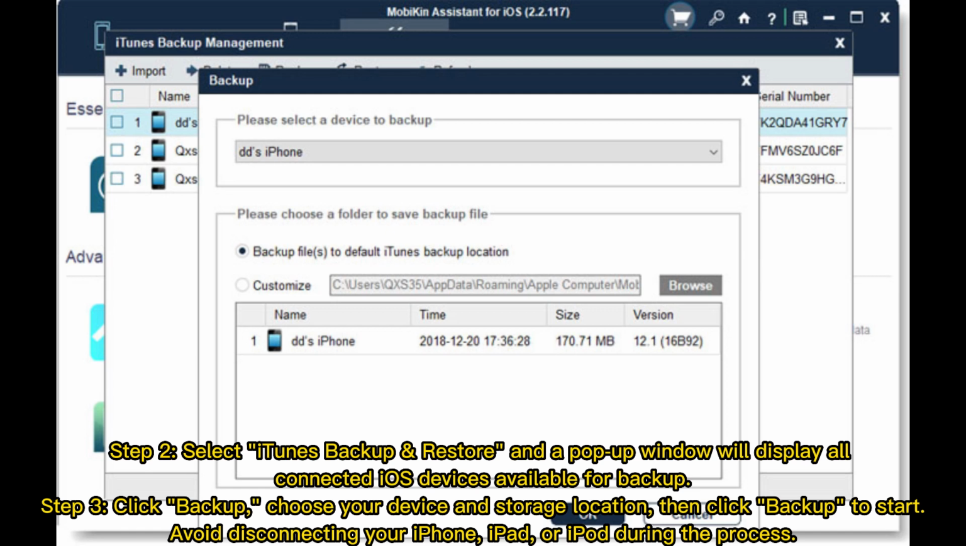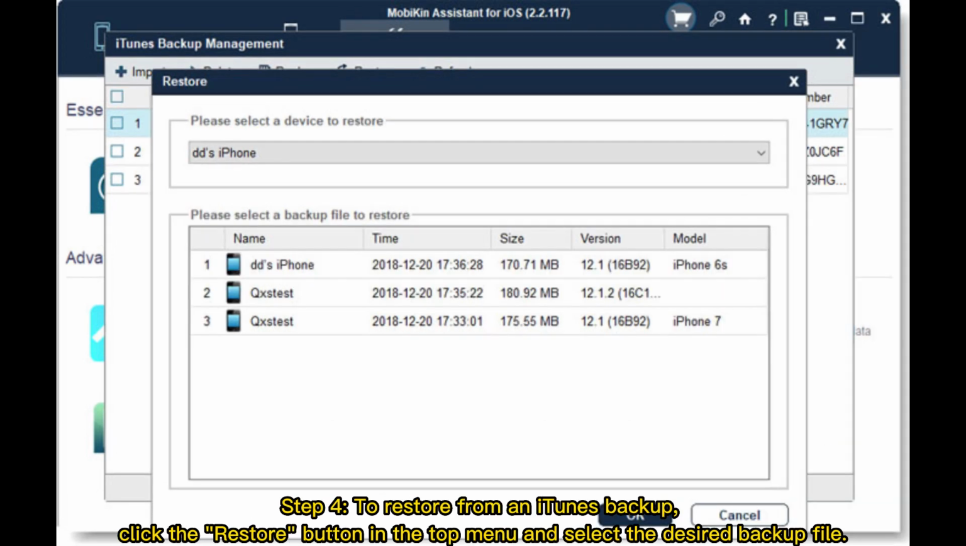Step 3. Click Backup. Choose your device and storage location, then click Backup to start. Avoid disconnecting your iPhone, iPad, or iPod during the process. Step 4. To restore from an iTunes backup, click the Restore button in the top menu and select the desired